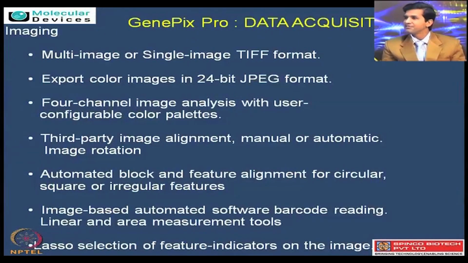As we discussed in brief, the GenePix Pro software is what we are going to use for data acquisition. There are different steps involved in the usual process of bioinformatics. The first one is imaging. Imaging is done in the form of multi-image or single image TIFF format. So we use TIFF format to create the images and export these color images in 24-bit JPEG formats. These JPEG formats allow one only to see,